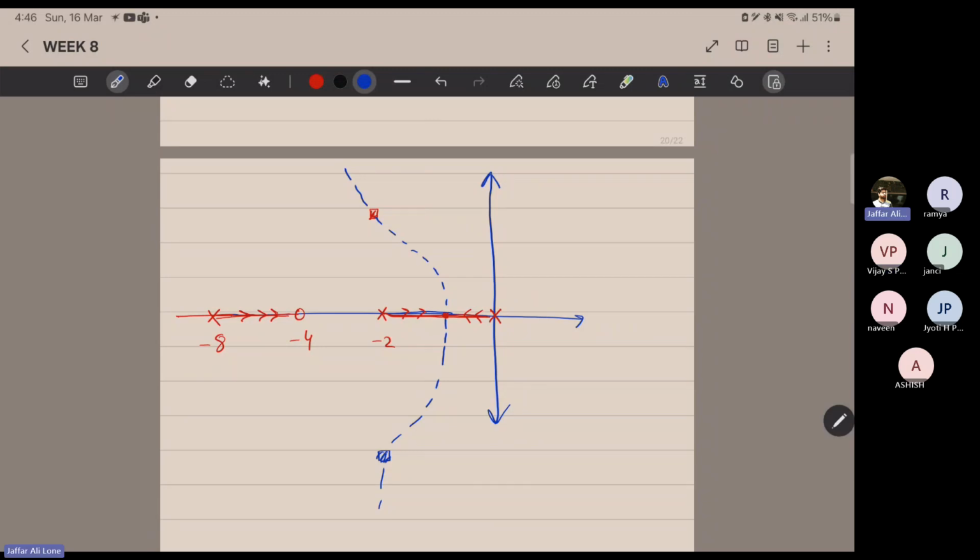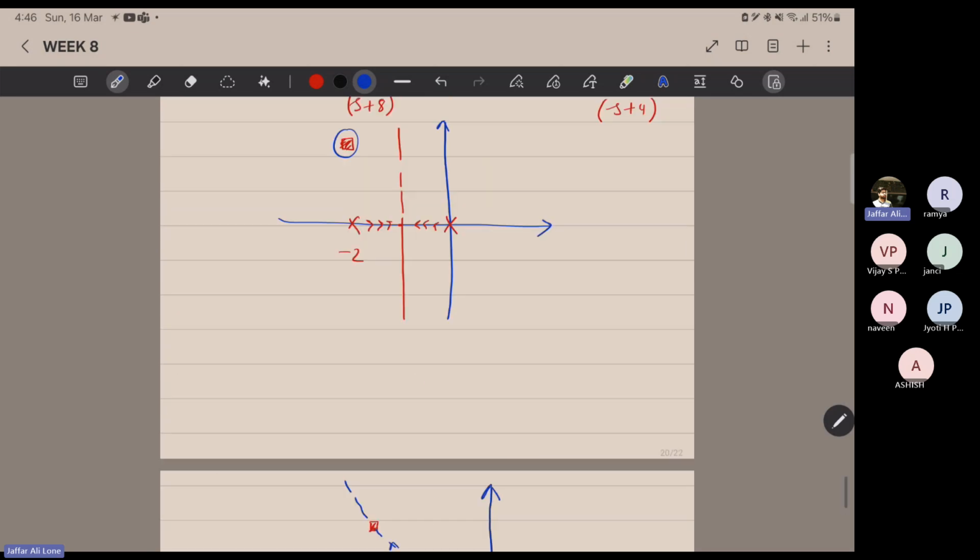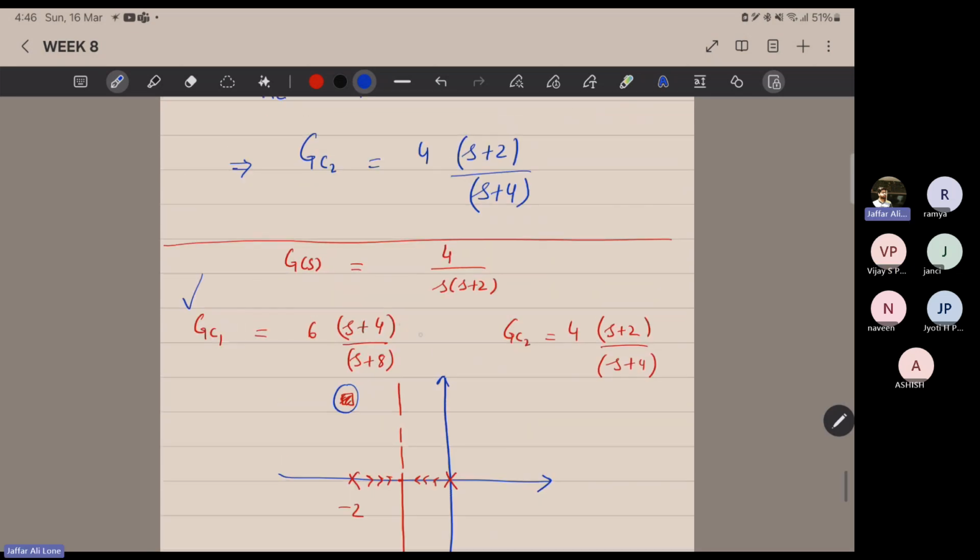My root locus will be now something like this. So when I added a lead compensator, my root locus shifted. I reshaped the root locus, so I got something like this, right? But if you see, I am adding this compensator, which is a lead compensator, and I am adding a